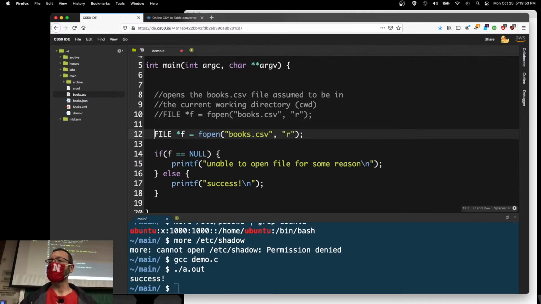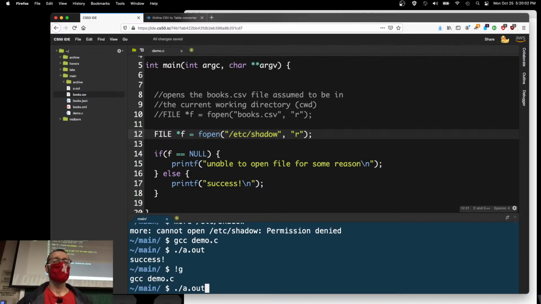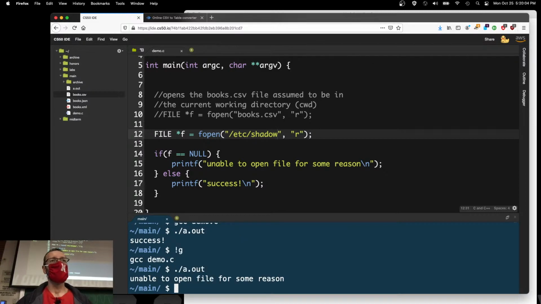Let's try opening up that sensitive file, that etc shadow file. Right? Compile again, and let's see if this works. Unable to open the file for some reason. I don't have permission to. Right? What's another possible